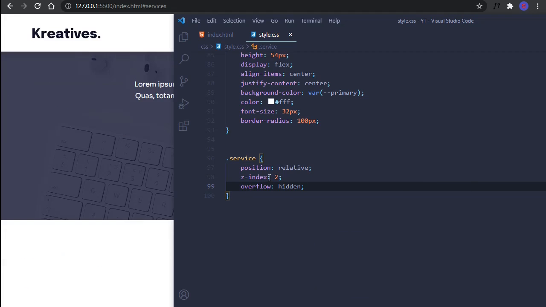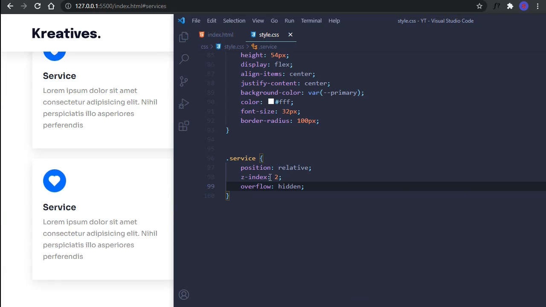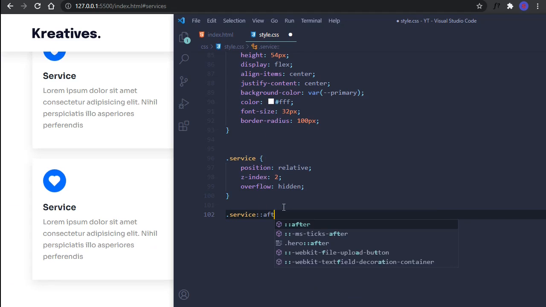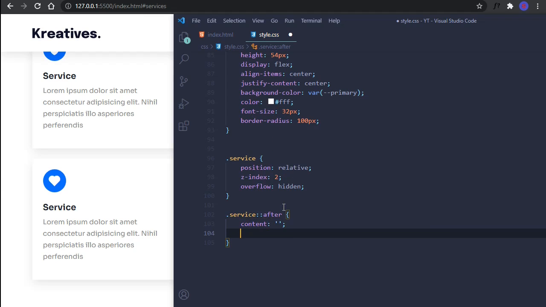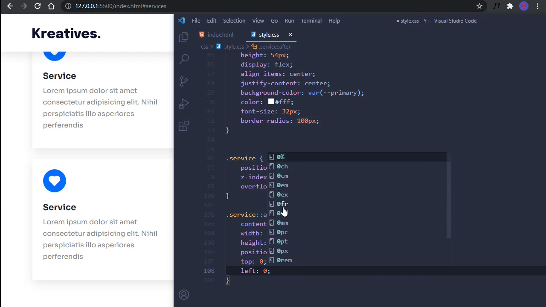Okay, overflow hidden, and I'm going to say service after content is going to be nothing. Okay, width is going to be 100% and height is going to be 100% and position is going to be absolute. From the top it is going to be 0 and from the left is also going to be 0, and